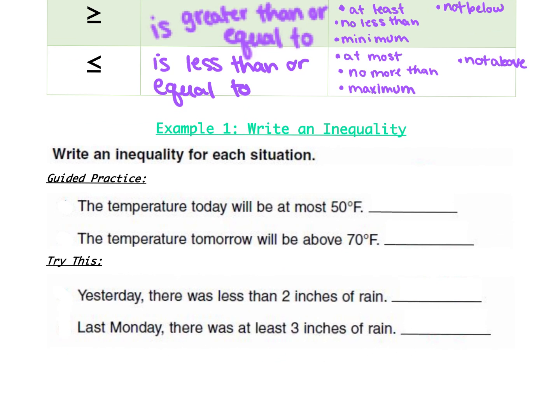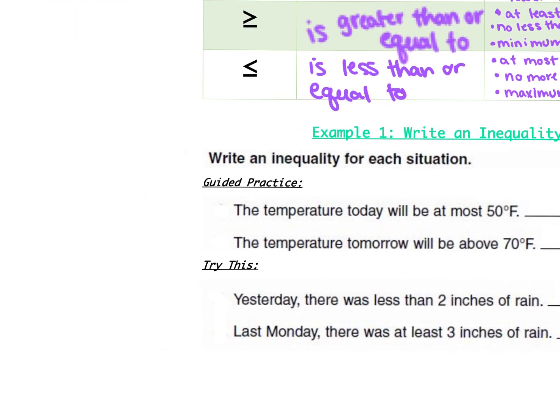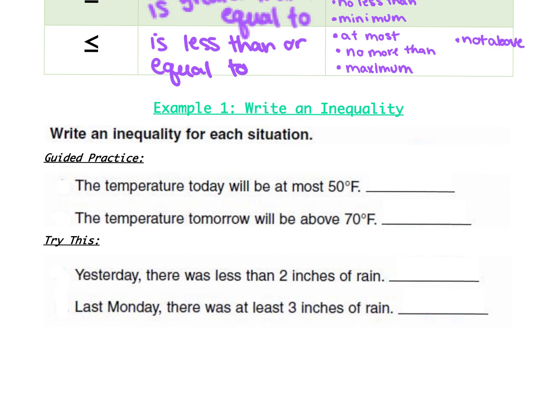So our example 1 says write inequalities. Write an inequality for each situation. We have our guided practice, which we're going to do together, and the try this is your practice to do and get signed off from a teacher, preferably your math teacher. The first one says the temperature today will be at most 50 degrees. Well, we can see less than or equal to is at most. So I'm going to use X for all my examples because it's just the one I like the most. So I say X is going to be less than or equal to 50. And that's just saying the temperature will be at the most, no more than,